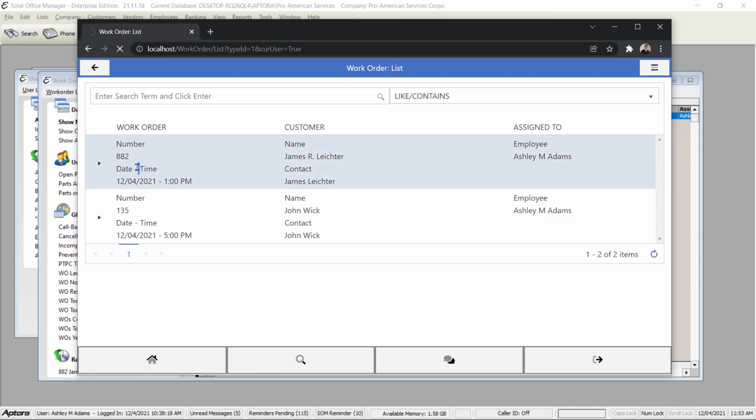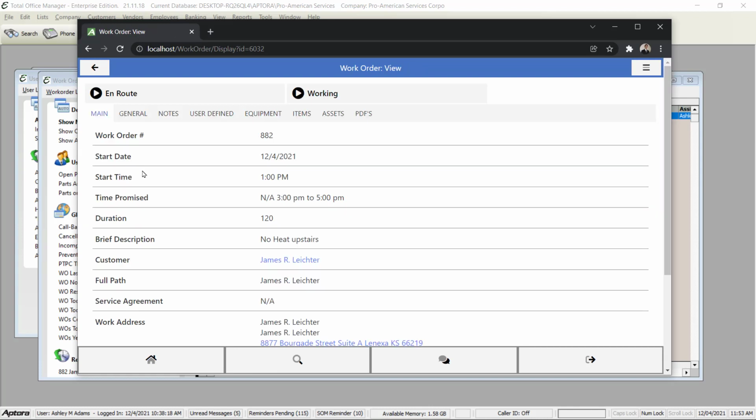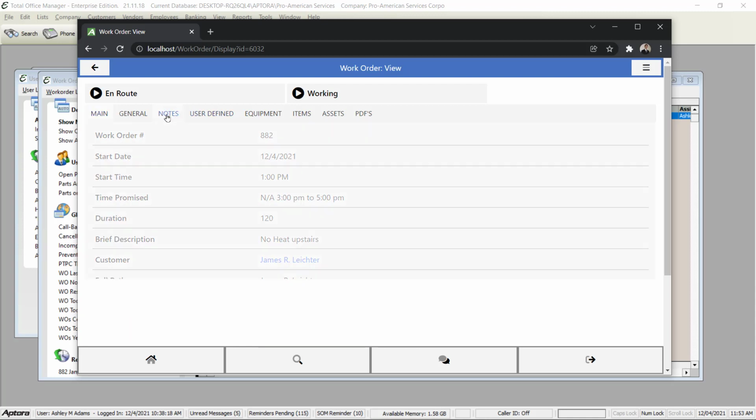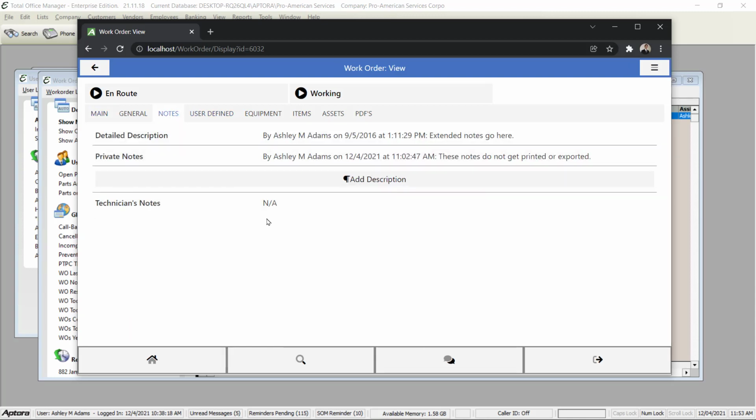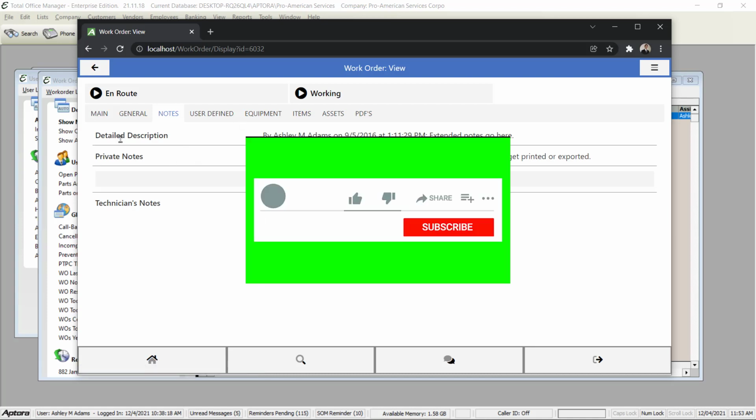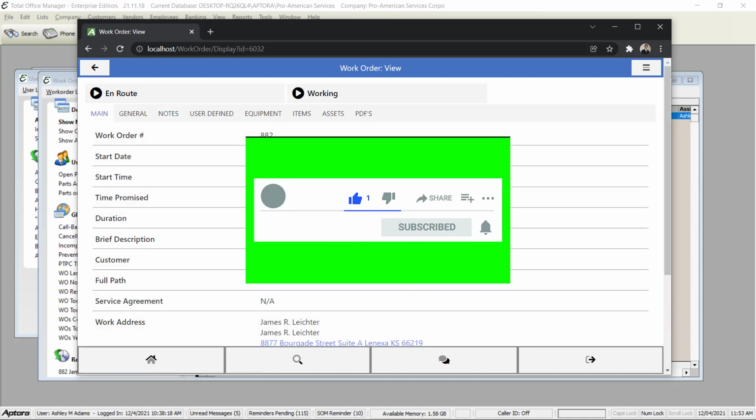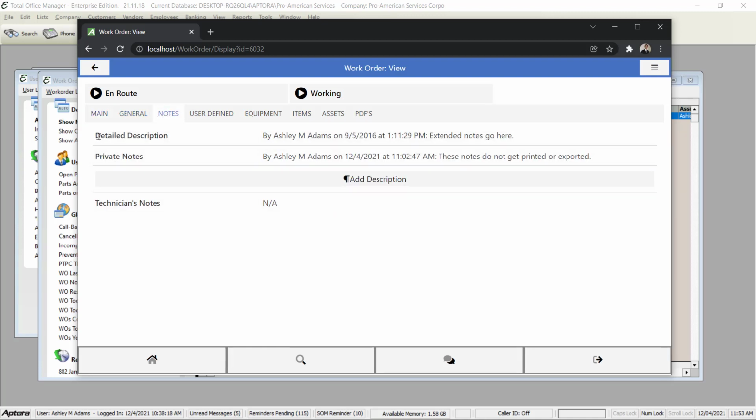Double click to edit. And we'll immediately go to the notes section. This is where the technician would put in their notes. You can see the brief description. Let's go back to main. You can see the brief description of what we're doing. No heat upstairs. Under the Notes tab, we can see a detailed description from the office or whoever entered the